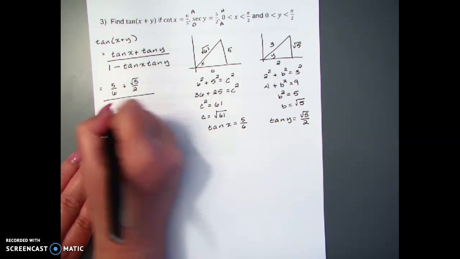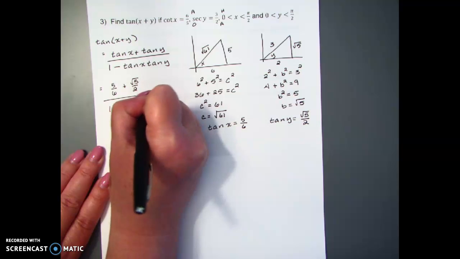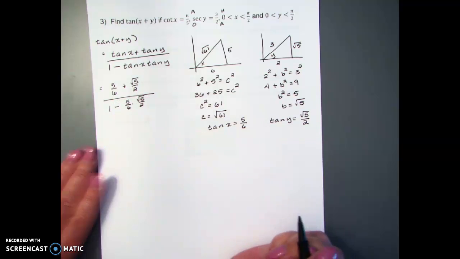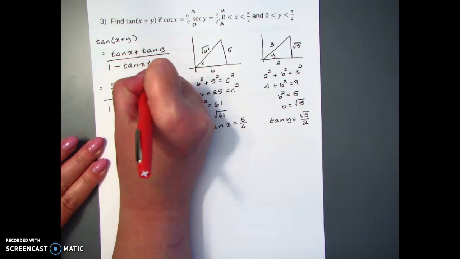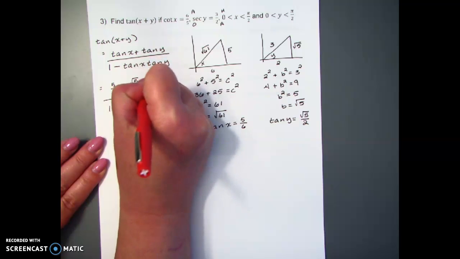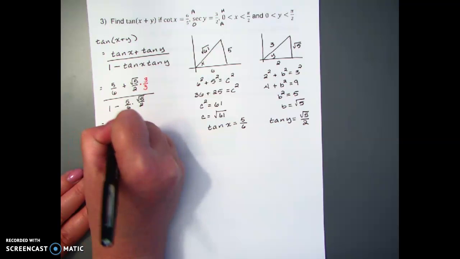In our denominator, we're going to have 1 minus 5/6 times root 5 over 2. So I'm going to start simplifying this. In my numerator, I need a common denominator, so that's going to be 6. So I'm going to multiply this one by 3 over 3. And so I get 5/6